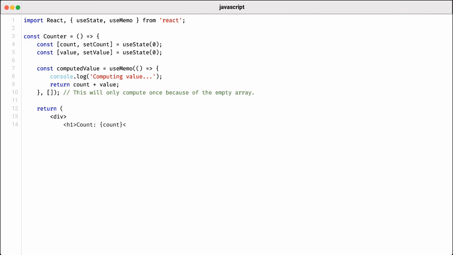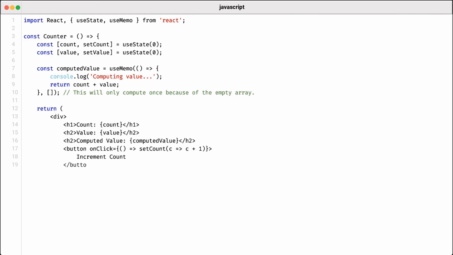However, in this instance, an empty dependency array is passed, meaning that computed value will only compute once during the initial render and will not reflect any subsequent changes to either count or value. As users interact with the buttons to increment count or value, they may expect the computed value to update accordingly. However, due to the incorrect dependency management, the displayed computed value remains static, leading to potential confusion and unexpected behaviors